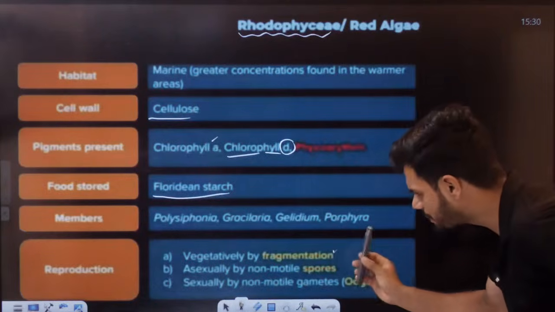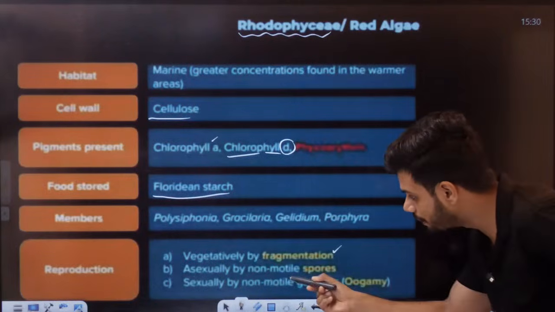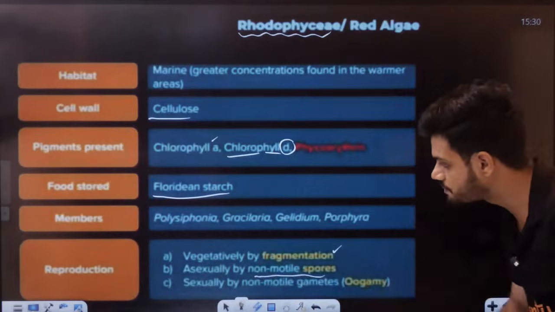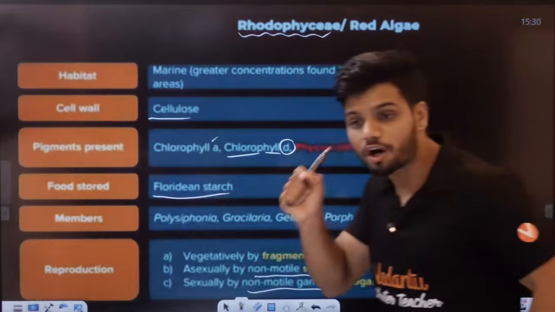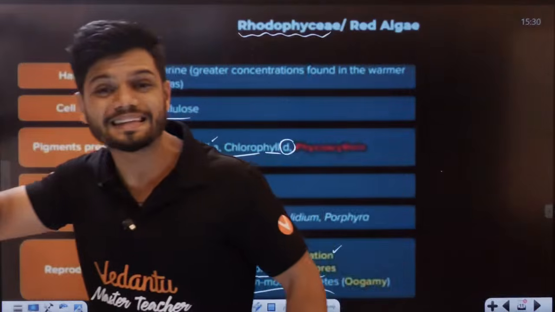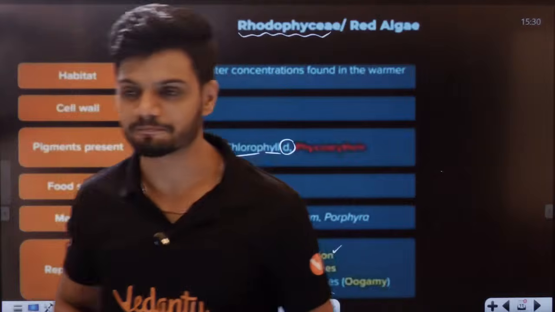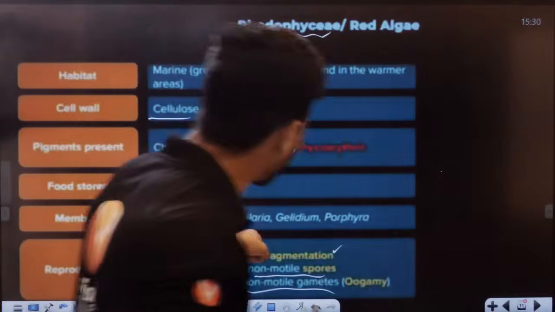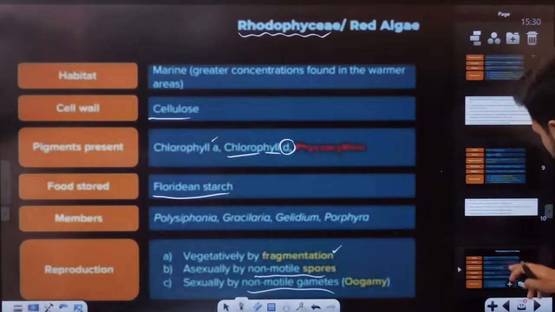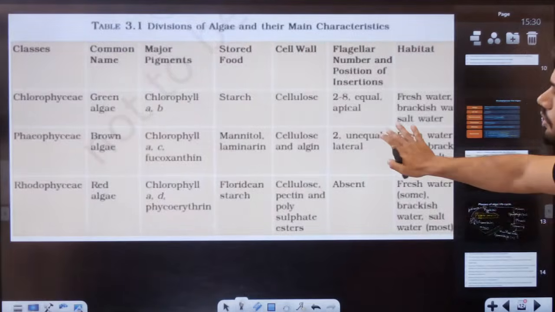वेजिटेटिव फ्रैगमेंटेशन बन गया। एसेक्सुअल बाय नॉन मोटाइल स्पोर्स, सेक्सुअल बाय नॉन मोटाइल गैमेट्स। सो यहां पर नॉन मोटाइल स्पोर्स और नॉन मोटाइल गैमेट्स बनते हैं, नॉन मोटाइल कंप्लीटली। ओके स्टूडेंट्स, यहीं से क्वेश्चन आते हैं, यहीं से क्वेश्चन बनते हैं। सो सुन लो ये बात, और ये टेबल बहुत इंपॉर्टेंट है।